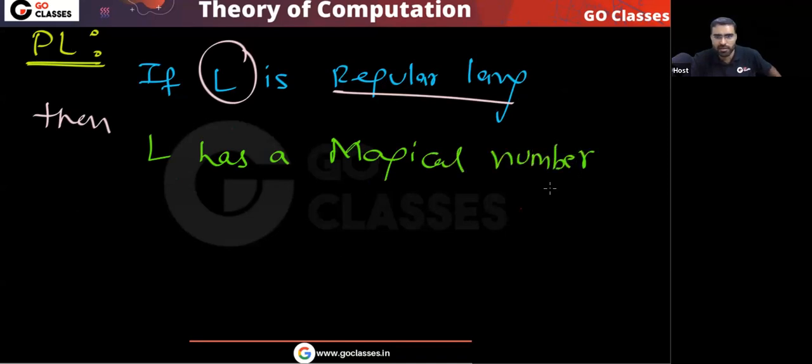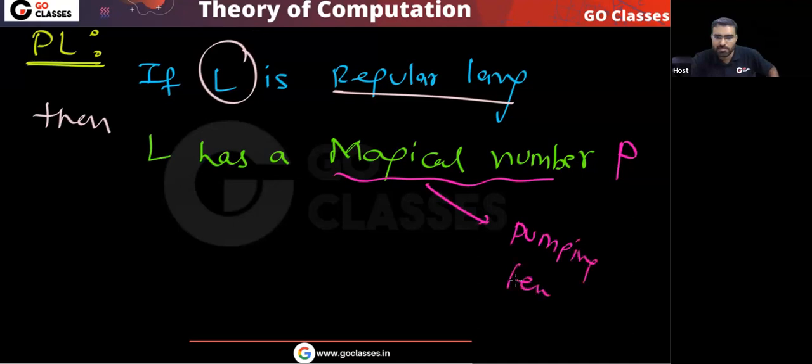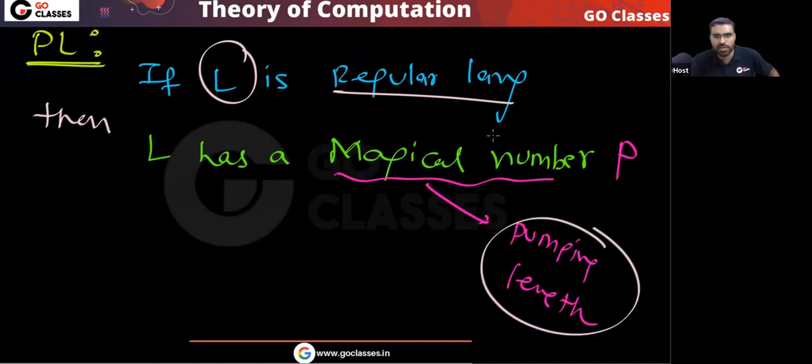This magical number, let's call it P. This magical number is called the pumping length. Don't worry, it is called pumping length, but we will use the words magical number. Now, if L is a regular language, then L has a magical number. Now, what will happen with this magical number, such that